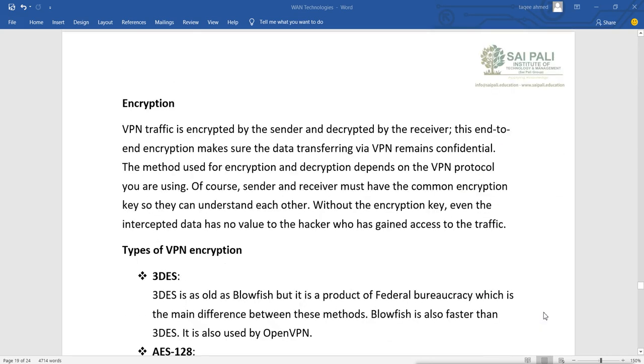Then encryption. Now VPN traffic is encrypted by the sender and decrypted by the receiver. This is end-to-end encryption, which makes sure that data transferring via VPN remains confidential. The method used for encryption and decryption depends on the VPN protocol you are using. And of course, sender and receiver must have the common encryption key so they can understand each other. Now, without the encryption key, even the intercepted data has no value to the hacker who has gained access to